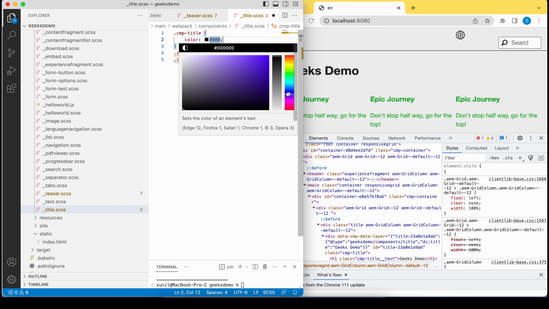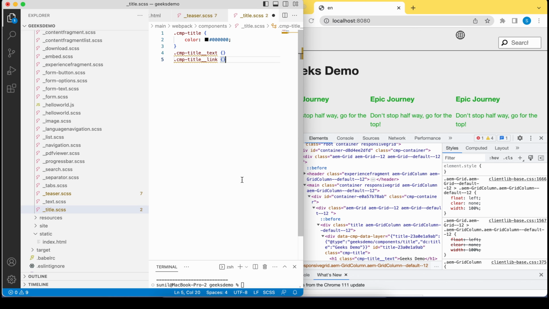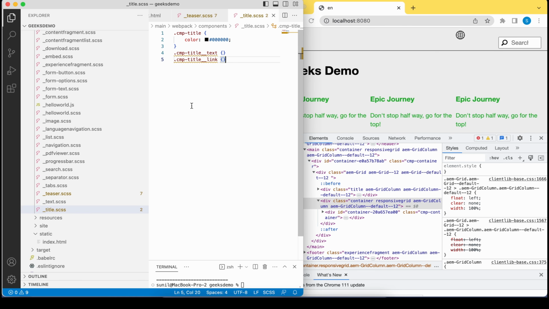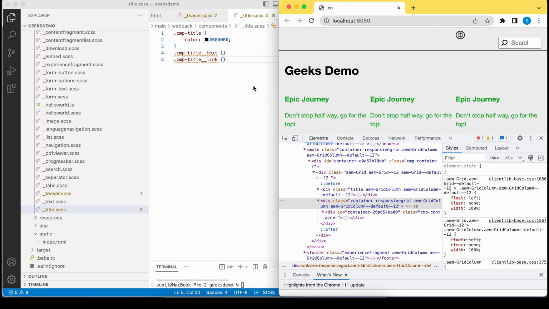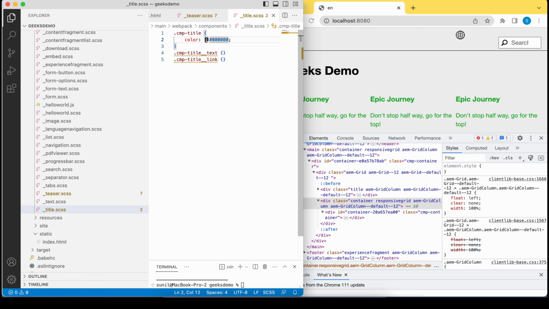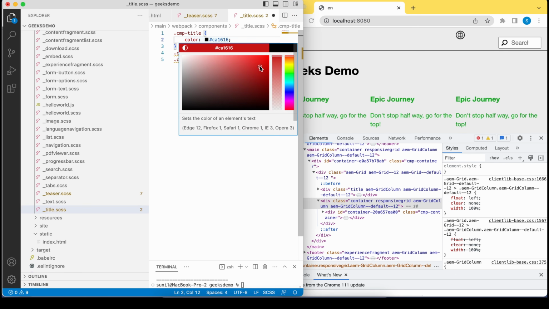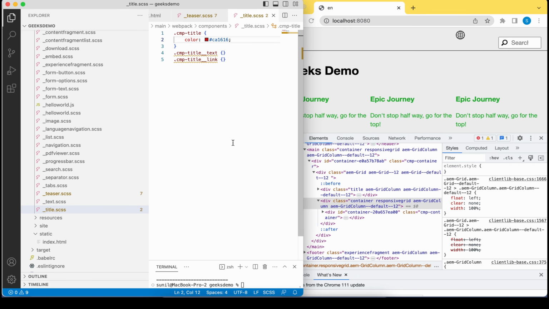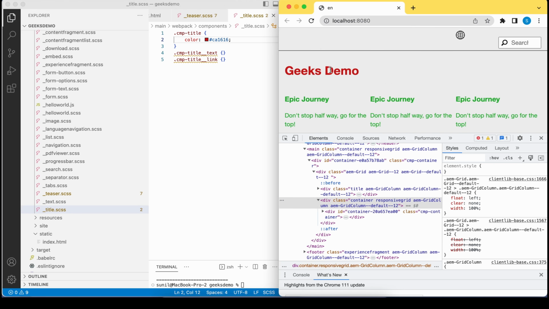As soon as I save it here, it's applied. I didn't change the color. Let's say black, red, and save it. See, as soon as I save, the changes have been applied. Now once I'm satisfied, I can move this code to my actual server. So this is the advantage